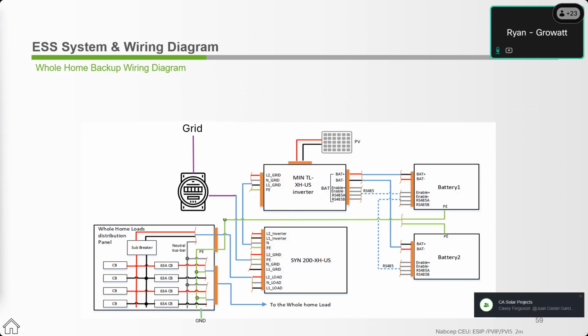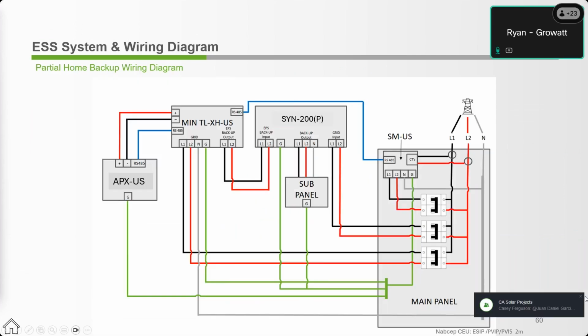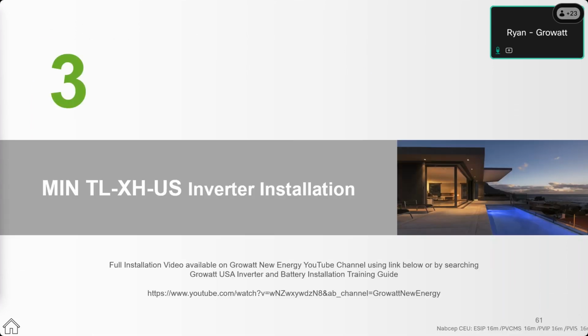But again, I'm sure Frankensolar can coordinate with you guys to make sure you're sizing properly. The alternate is, again, a partial home backup, partial grid. So again, pretty similar to probably what you've worked on with some other ESS solutions. But again, the nice thing is where we manufacture all the components, you have a higher compatibility and an easier